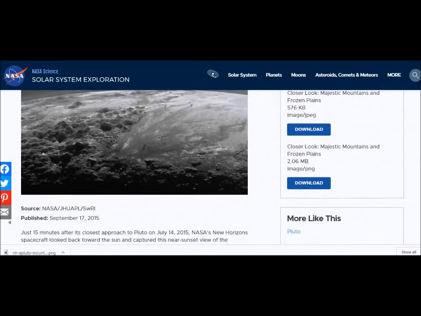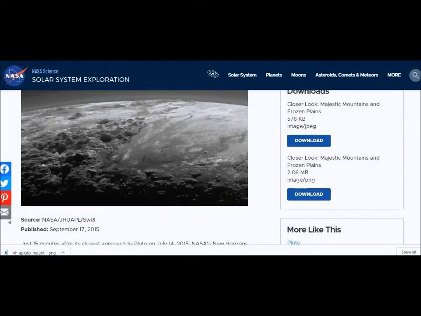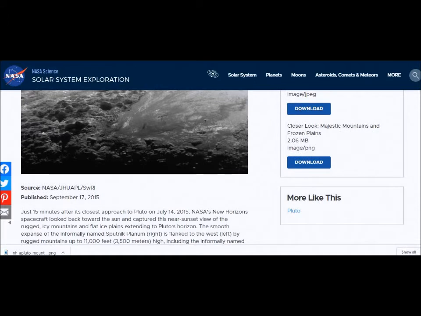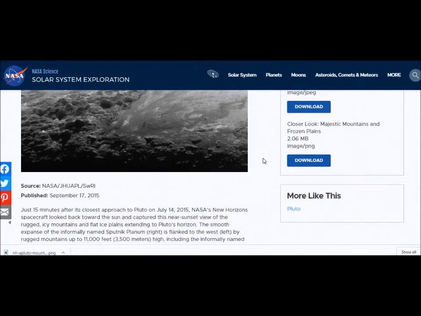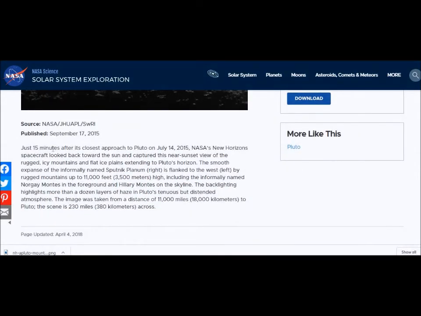You can download it as a 276 kilobyte image, which is really a small image. You're really not going to get much out of it. Or you can download it at a 2.6 megabyte image. In some cases you can download it in a TIFF image, which would be a whole lot better and much more to view. The source, NASA, JPL, APL Swift, or JHUAPL,